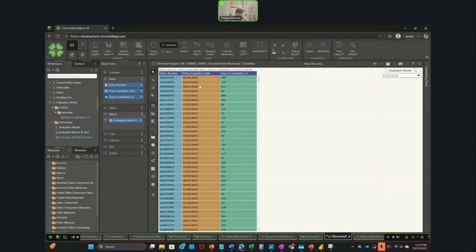You can see the days to expiration. We still do have that listed. That would be based on our evaluation month end. So that's one thing to note: we're only looking at month ends. It wouldn't